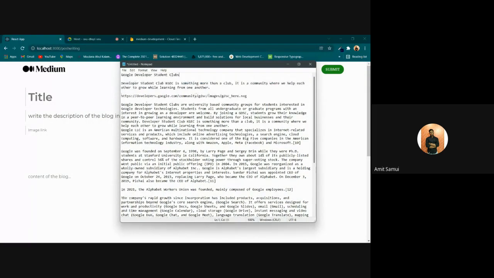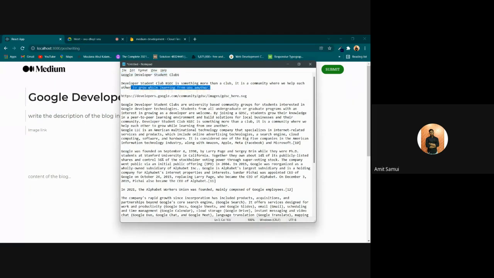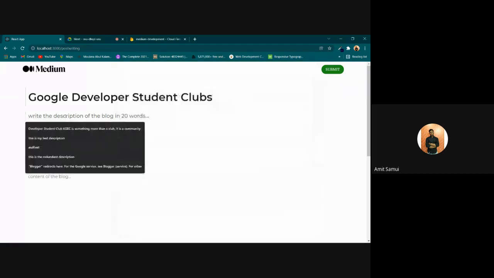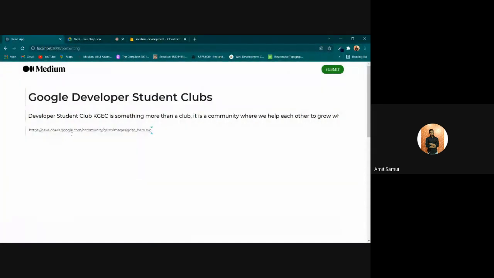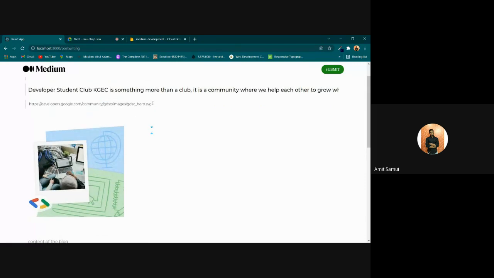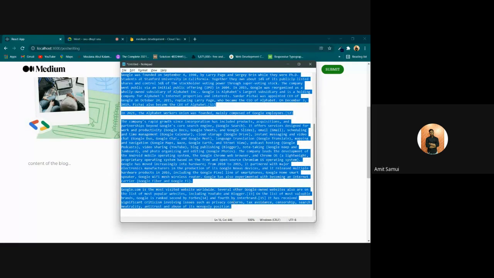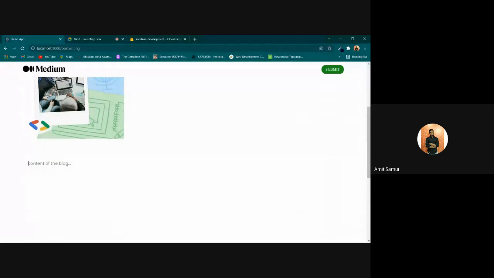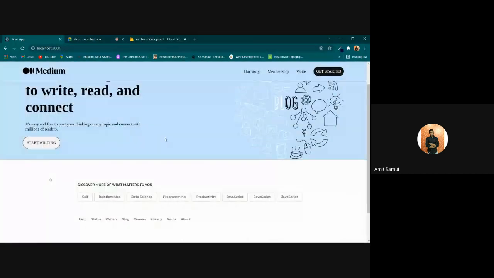The title of this blog is this, and let me give you some description. I'll just copy and paste it over here so that there's no time wasted. This is the image URL. What is DSC, I guess, yeah. This is an image URL. You can see the image by just pasting the image link, and then copying the content over here. I pasted the content. So this is the whole blog,